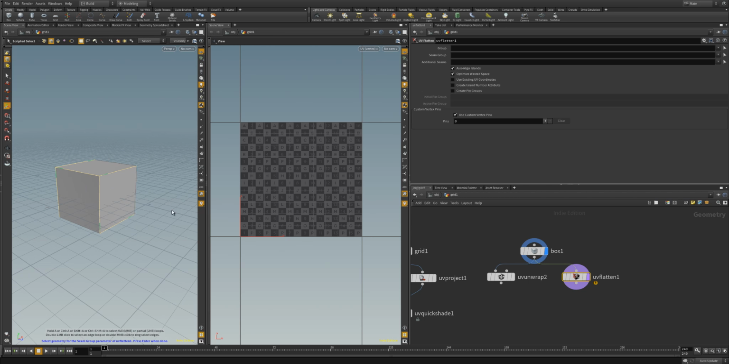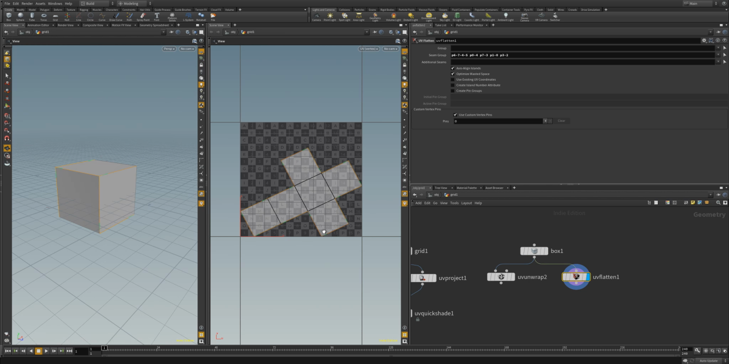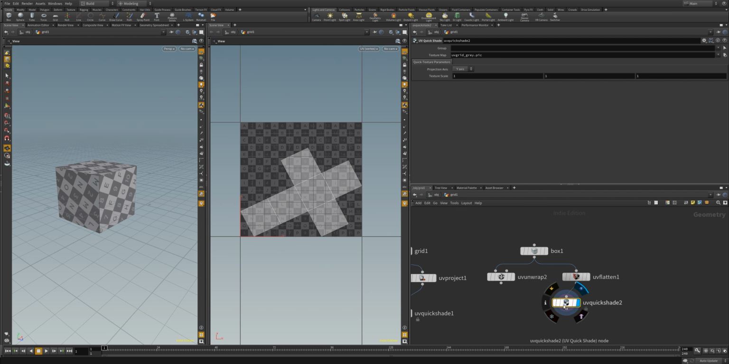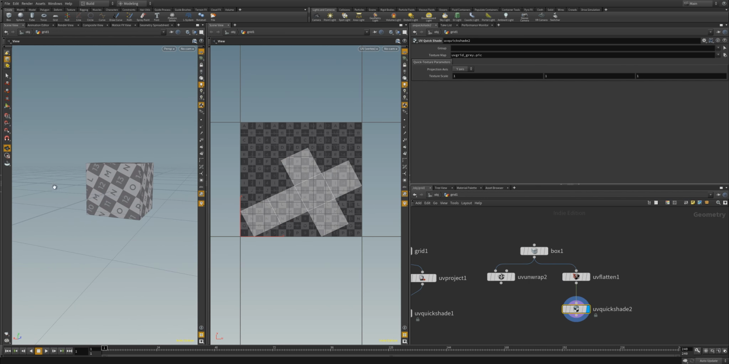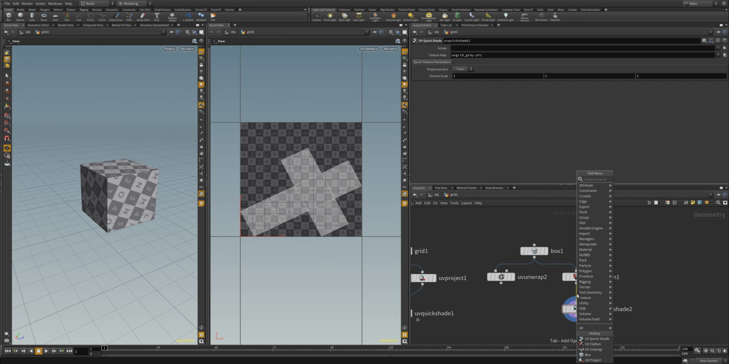And I'll hit enter once I have my edges selected, and we'll see that I now have a cross-shaped UV layout for our cube. And I can put another UV quick shade down, and we'll see it's not distorted, but its angle is off. We can fix this in a couple of ways. We can do a UV transform node,